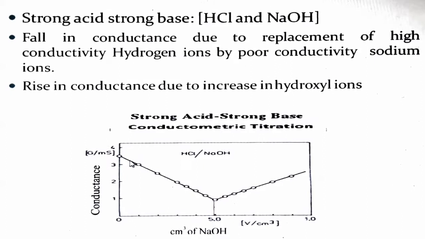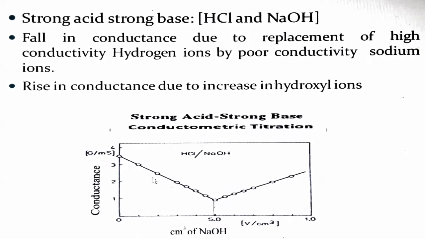As we start adding NaOH, the neutralization reaction takes place and the concentration of HCl continuously decreases. This is called the equivalence point. At this point, the amounts of NaOH and HCl are equal and complete neutralization of HCl takes place. Now, if we add excess NaOH, the increase in conductance shows the presence of NaOH. The conductance increases again due to the presence of OH- ions. But you can see here we are not getting a clear V-shaped graph.